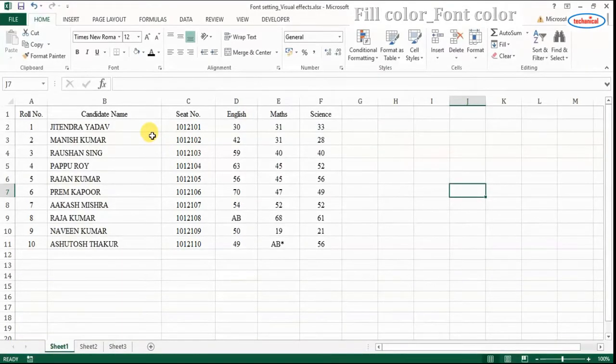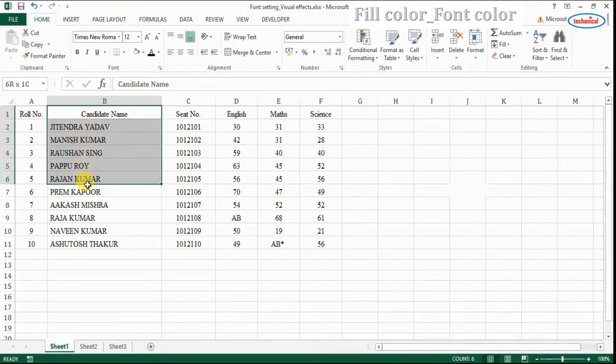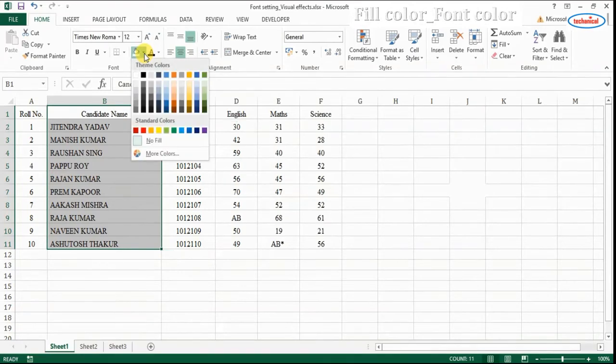Fill color command colors the background of cells to make them stand out. For that, select the cells and click on this fill color. We can use the different theme colors from here.